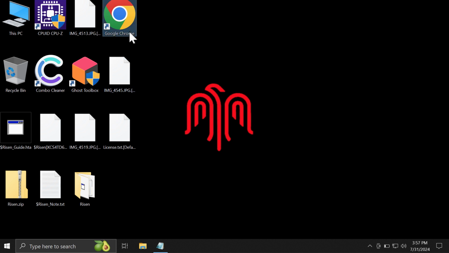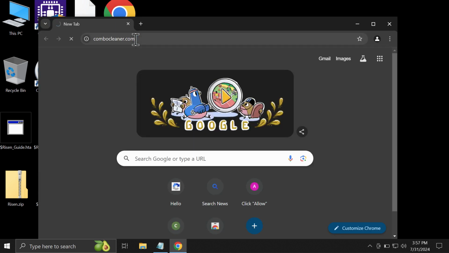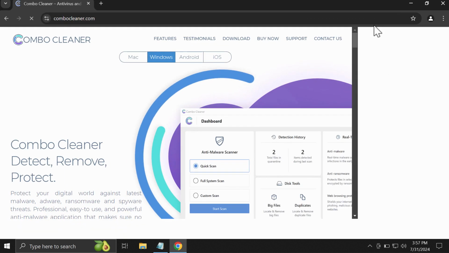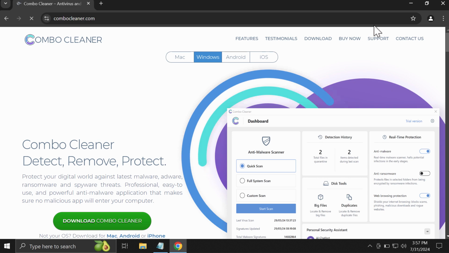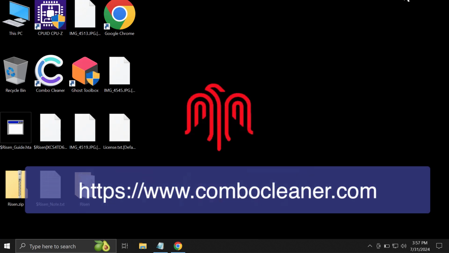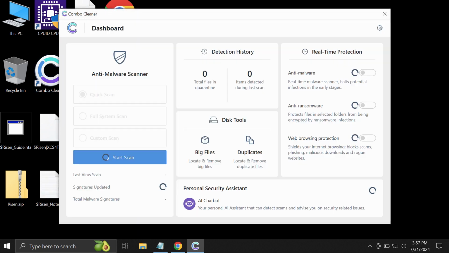What I recommend you to do is to remove this ransomware with the help of reliable antivirus, such as Combo Cleaner. You may get Combo Cleaner on the website combocleaner.com. Use the green download Combo Cleaner button, install the software, and once it is successfully installed, start carefully researching your computer. Combo Cleaner will initially be in trial mode, and only the quick scan option is available in the trial